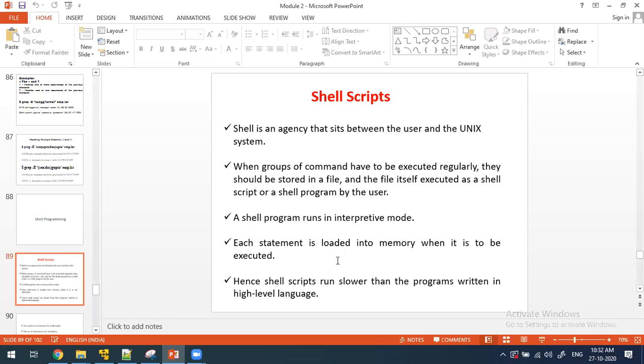Whenever you compare this shell script to higher level languages like C or Java, the shell script runtime is slower. But the requirement is not the time, it is the commands and the output of those commands. That is the main requirement. That is why we are not going to worry about the execution time. But remember, the shell script runtime is slower than normal higher level languages, for example C, Java, .NET.